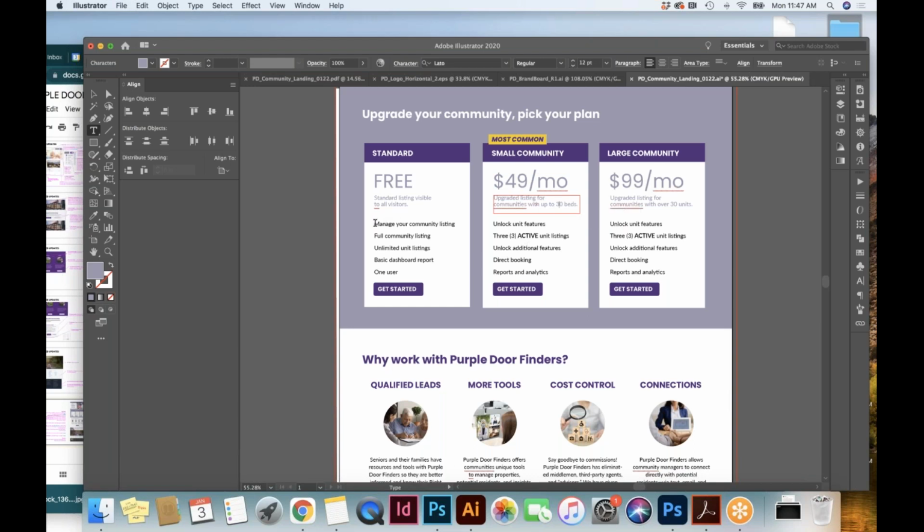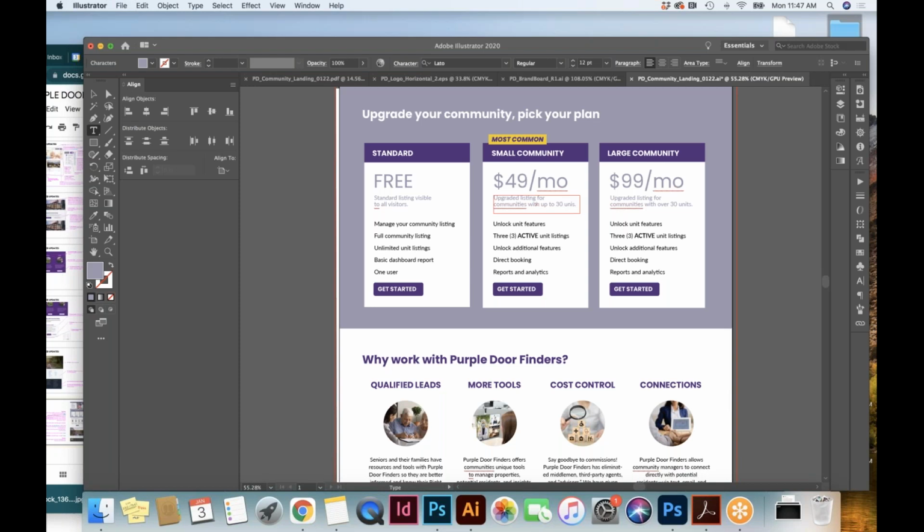Okay. Now, what's a nice way to differentiate a smaller than 30 bed or an over 30 bed community, or units in the industry?